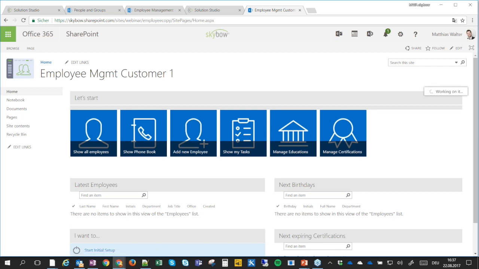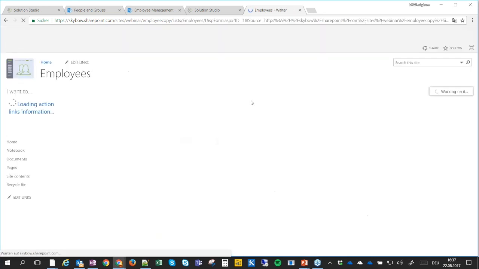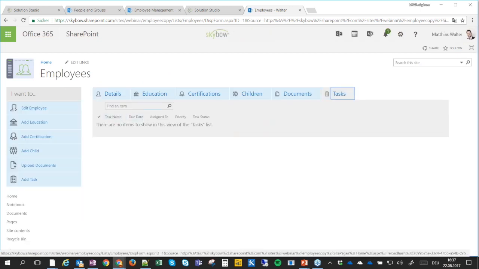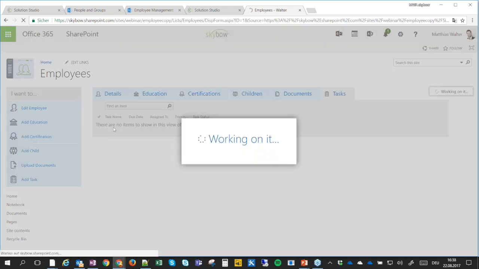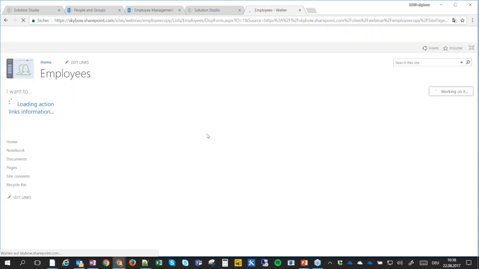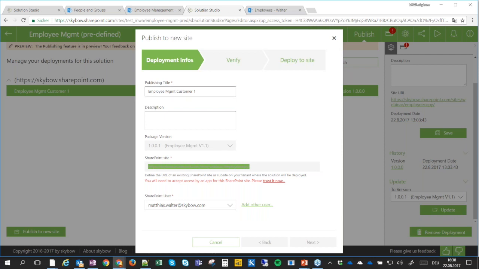And as well, the functionality I did on the tasks and open task stuff is not yet here, but we will have it after the update. That's the goal. So here you see task has no additional field. And if I create a new task as well, this functionality is still missing here in this deployed solution. So the only thing I need to do to get this solution here on customer X or site X as well with the same functionality is click update,